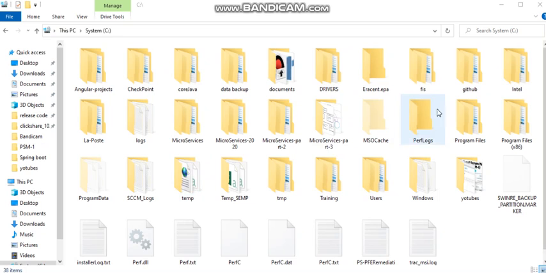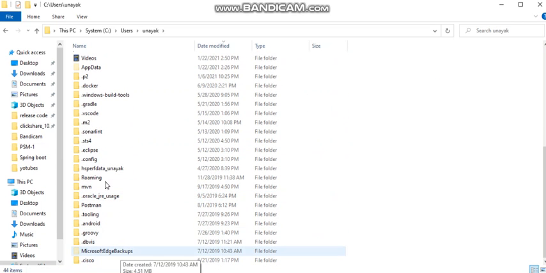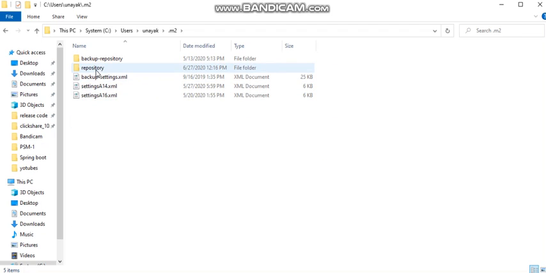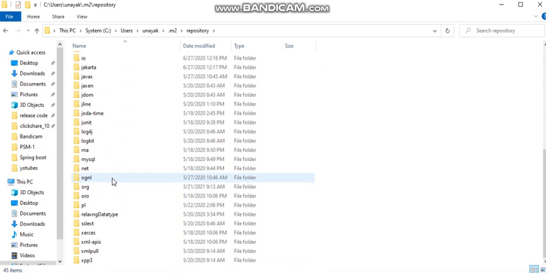So I'll open the user directory. Inside the user directory you can go to your username, and inside that the .m2 folder is created, and all the dependencies we provided are downloaded, and from this place your project will refer to the dependencies. And when you create the war, it will wrap them inside the war as well. So this is the m2 folder. If you are creating another application and it is using similar starter projects, it will not download again, it will take a reference from this m2 folder.